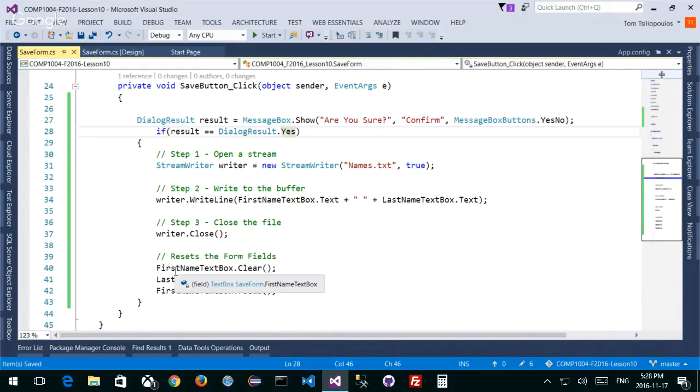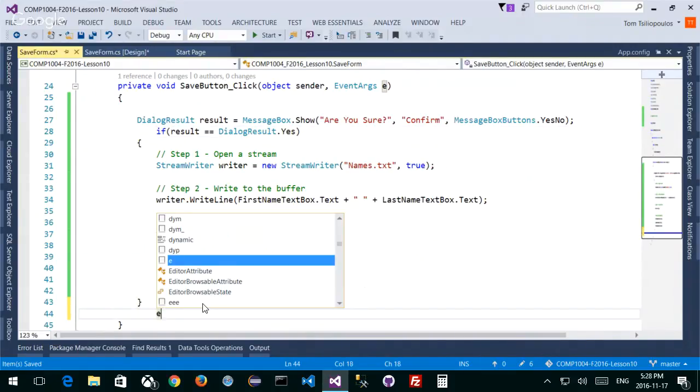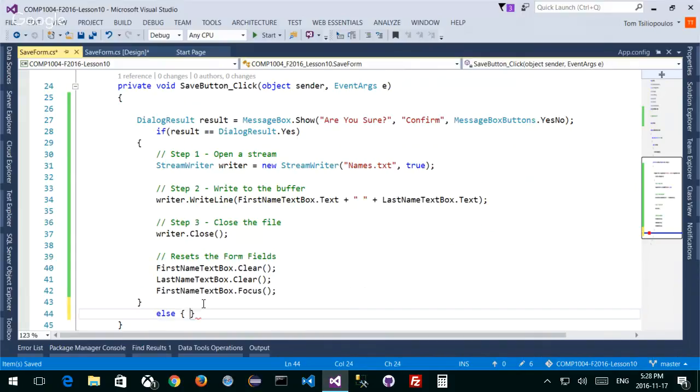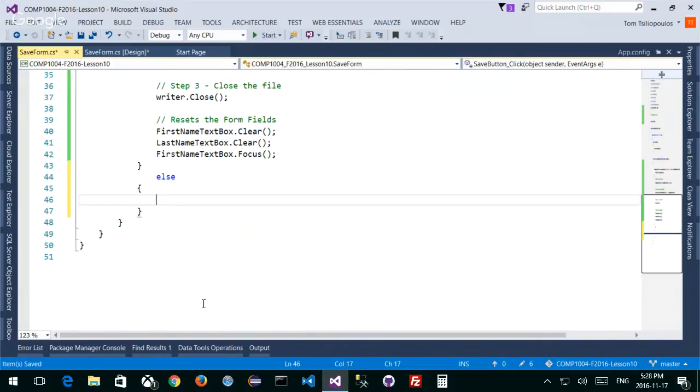Well, I might want to clear it, but maybe I don't want to do that. Maybe what I want to do is give my focus back to the first name and highlight everything. So how do I do that? This is just review for people who've done this. Else, and again, don't worry about the formatting for now, I'll fix the formatting. Else, if I get a negative result, if it's No,